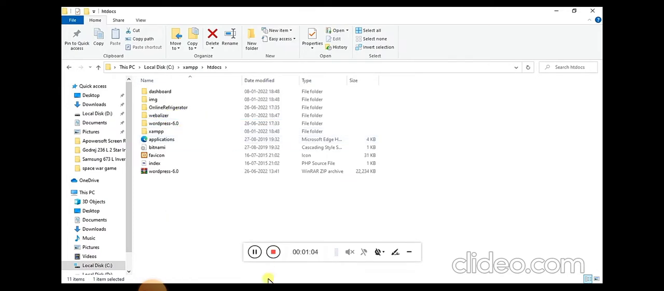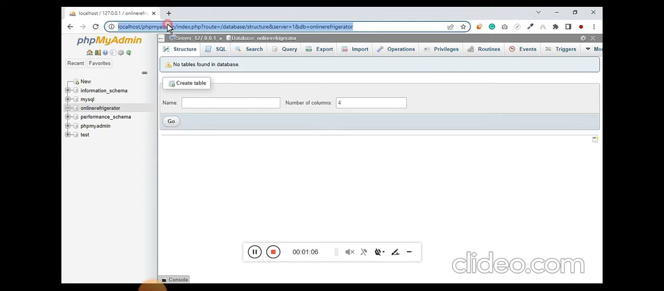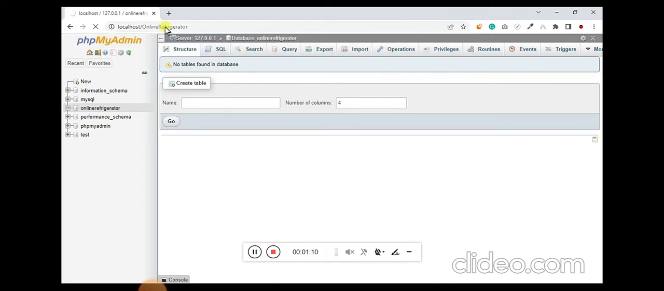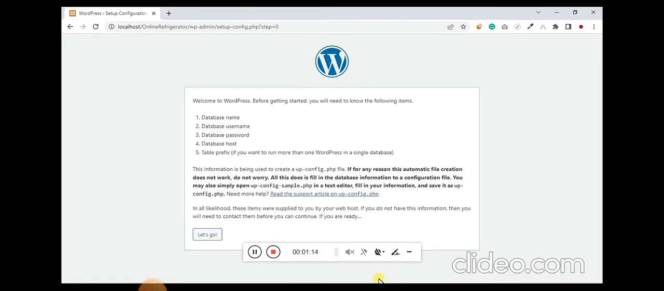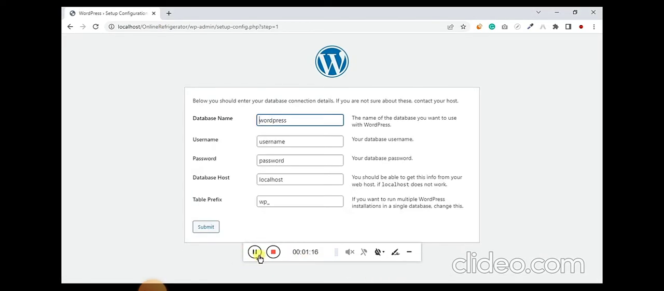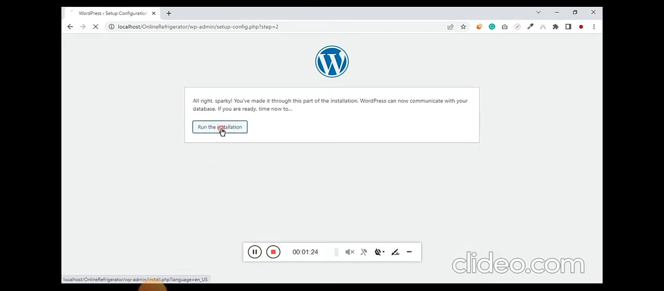Let me rename this to our website name, which is online refrigerator. You can access this using localhost / online refrigerator. Now the wizard will set up on its own. You just have to click go, and you need to add the database credential. The database we have created is online registration, and the username and password is this for the XAMPP. Run the installation,